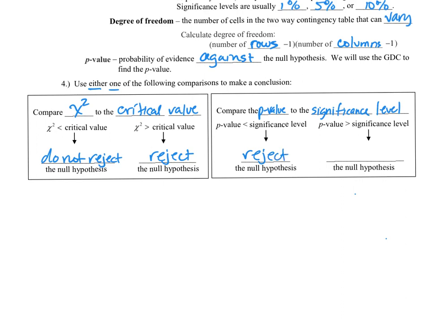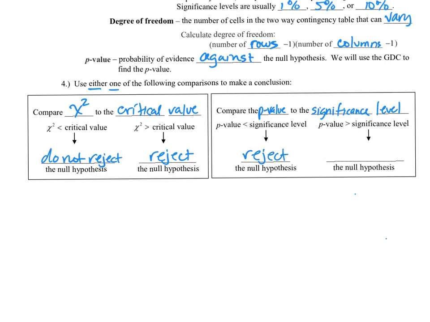If the p-value, which remember was the probability of rejecting a true null hypothesis, is greater than the significance level, that is when we do not,